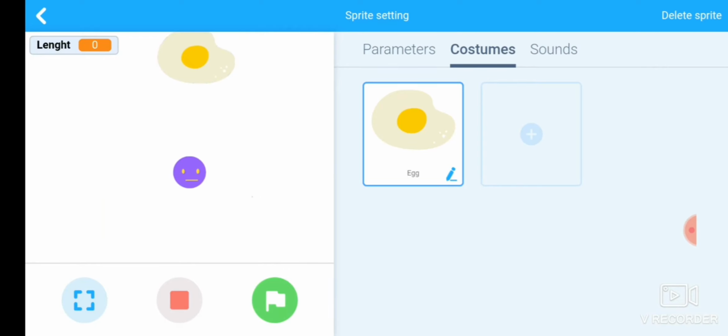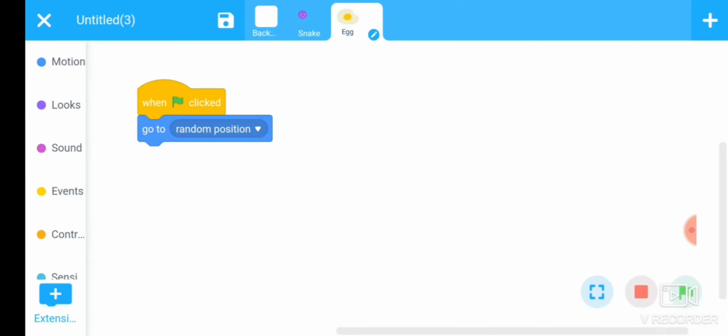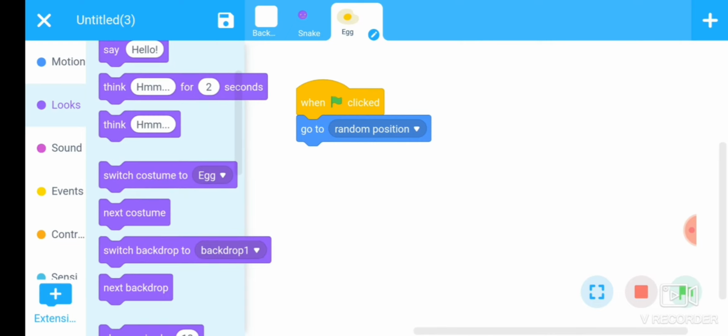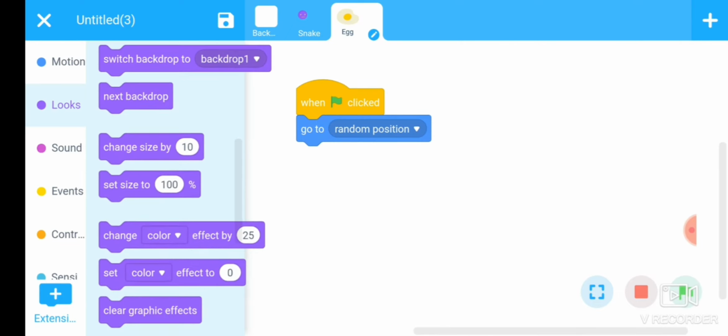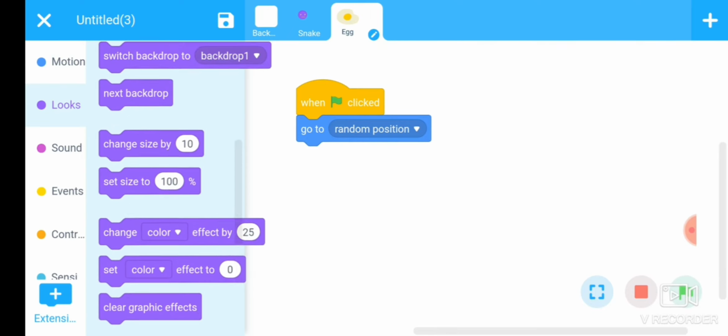Now on the screen you can see that the size of the egg is very large, so set the size. To set the size, go to the looks section. There is a command that is set size.